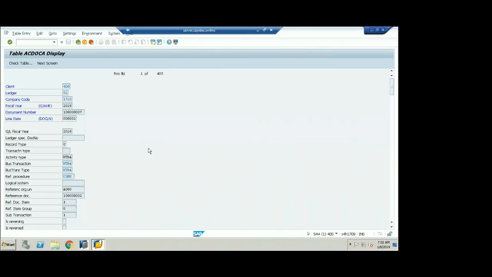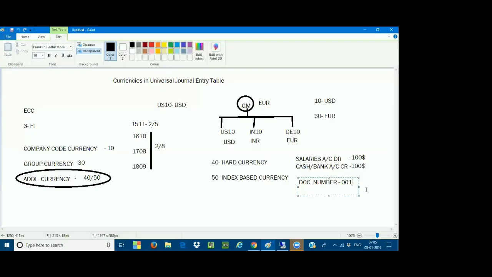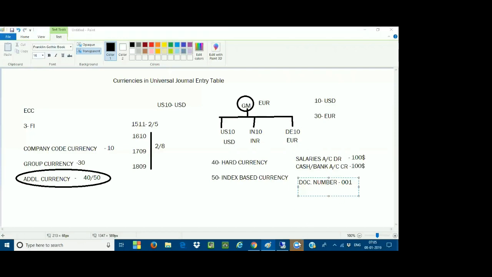Hey, Mahesh, just a quick question. You mentioned that this transaction in your salary scenario is USD. So why is it that you're showing the transaction currency here to be euro for the example? Good question, sir. Good question.